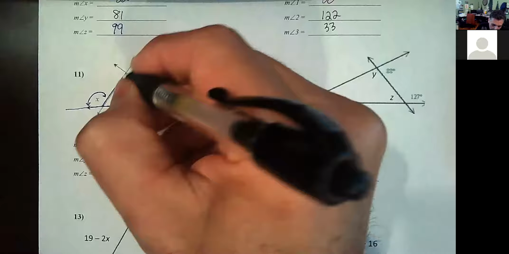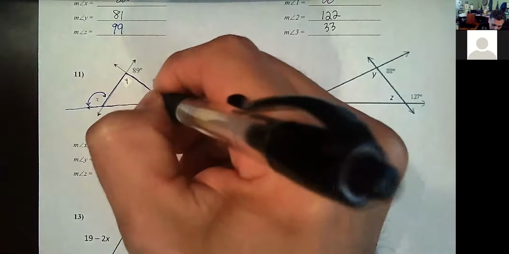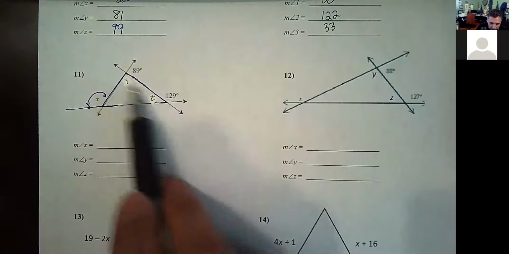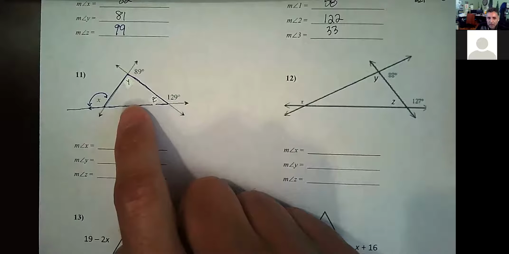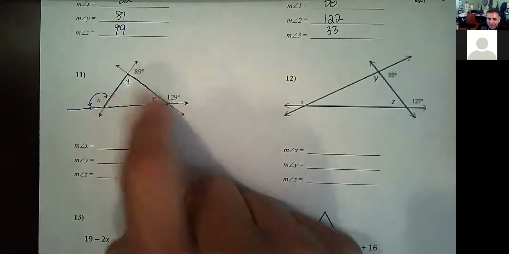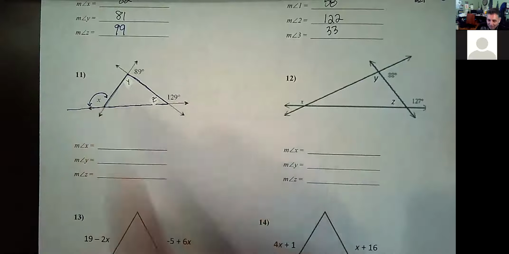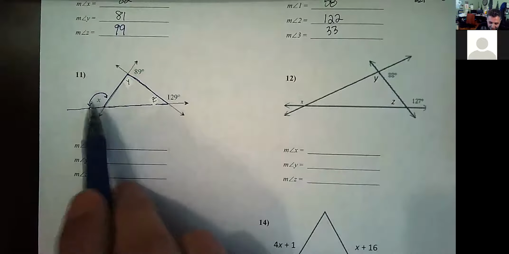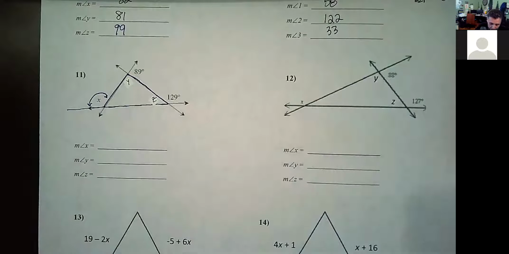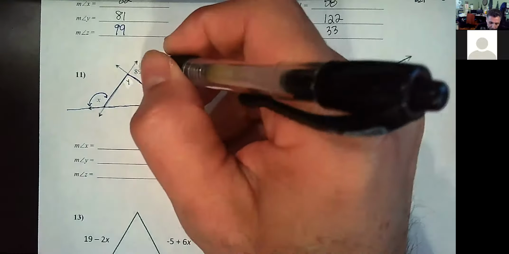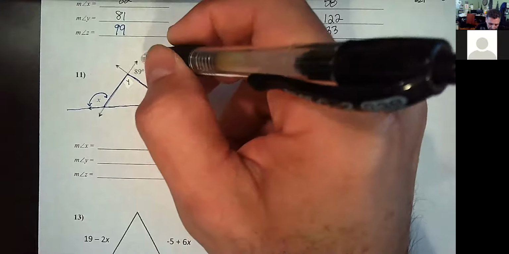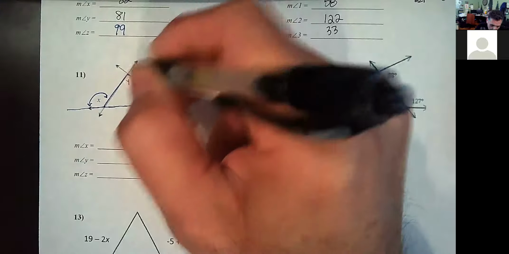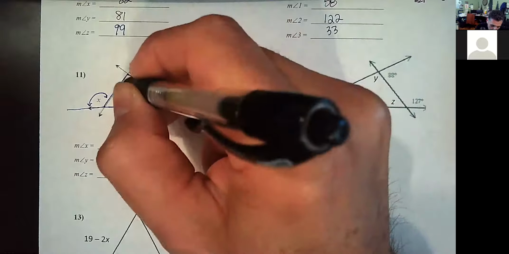But on the review that I gave you guys, it's actually asking you to find these ones also. Now I asked you to find these because you have to find these in order to find that one. But on the test, it's just going to have this one. So watch. And again, you'll be able to see it on the review or the practice test. To find out the measure of angle Y,